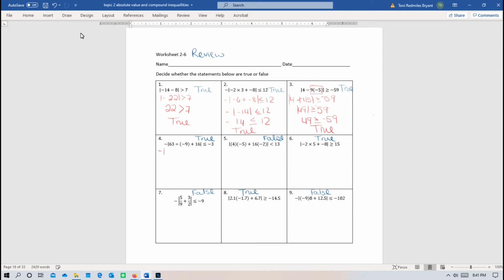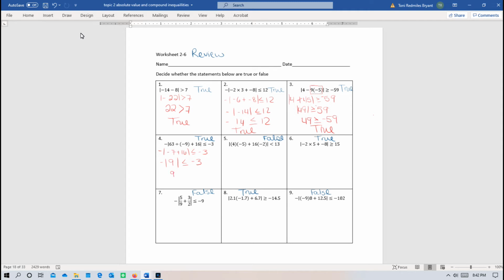All right, so let's do the inside. We've got to do this division first. A positive and a negative is going to make a negative as our answer in that division. You still have to apply those negatives inside the absolute value so you can see what your answer is on the inside before you take the absolute value. So 9 goes into 63 seven times, so -7. And if I owe $7 but I have 16, that's going to be a 9. Then I take my 9 out of the absolute value, and it's going to be a positive,